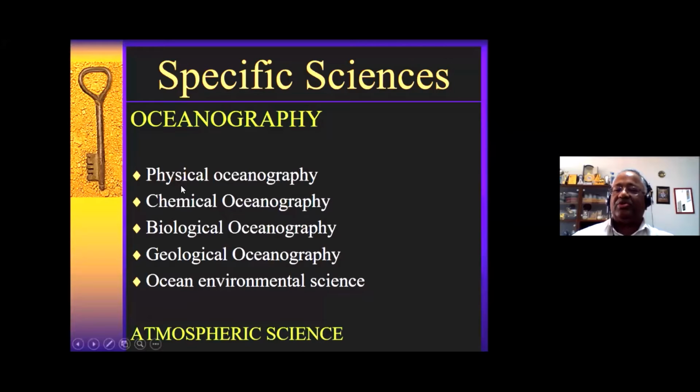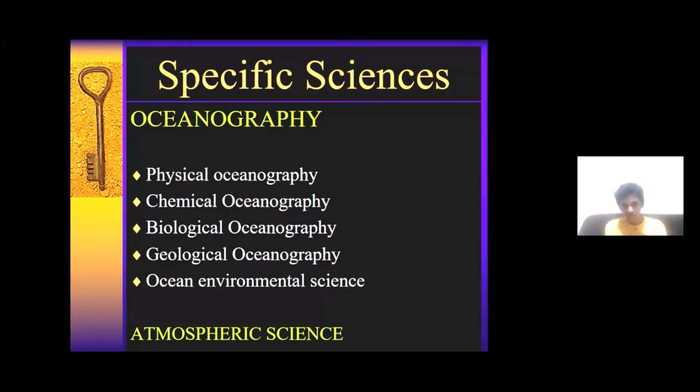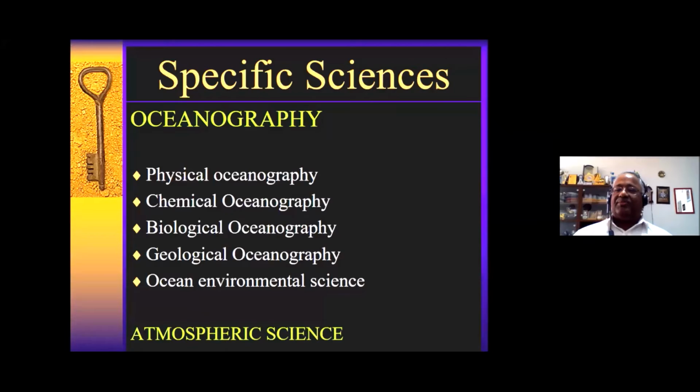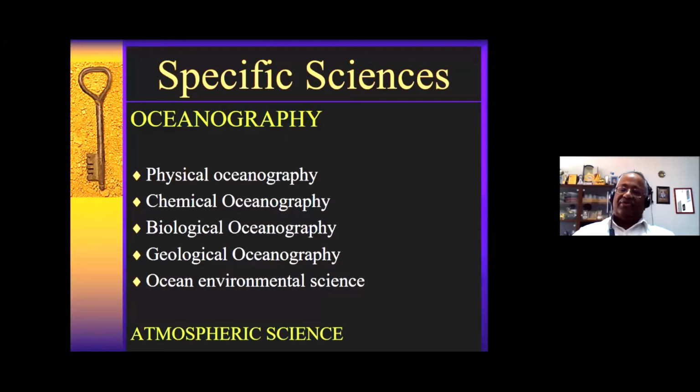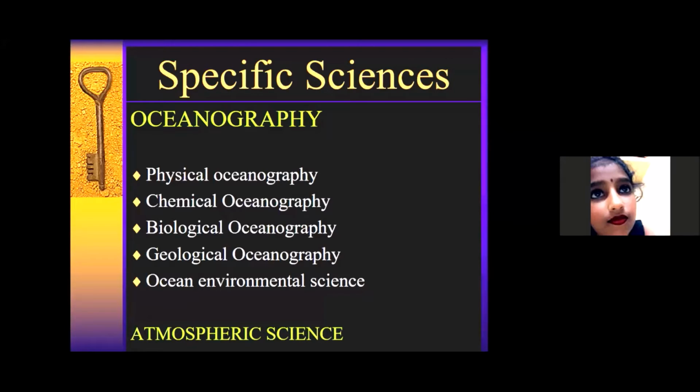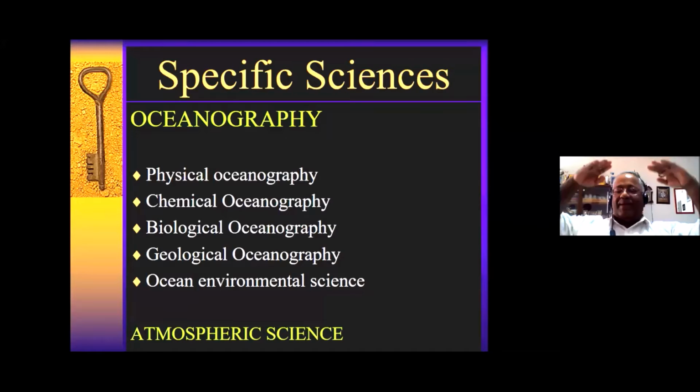In physical oceanography, you learn about ocean. You go to the beach, you see waves. You learn about the science of the waves. People in Madras, you go to the beach, you see the waves, correct? Chennai. Yes. So you have to learn about the science of waves, how the water level is moving up and down, how the water is moving, we call it current, how the seawater temperature is varying. These are all physical.